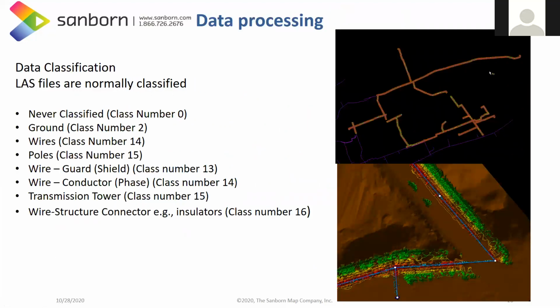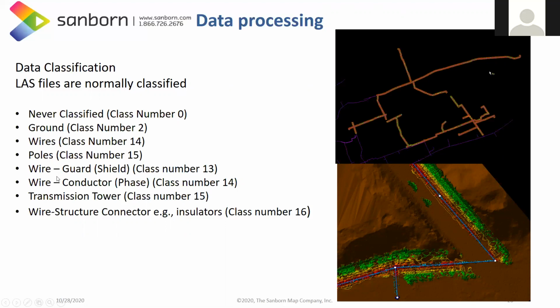As far as the data processing is concerned, all the data, just like the manned system, the UAS-based system will also be stored in the ASPRS LAS format. In the case of topographic mapping, we use some standard classes like the ground points, buildings, vegetation, etc. Whereas in the case of transmission line, in addition to the ground points, there are some classes the client will normally expect you to process, like the wires,